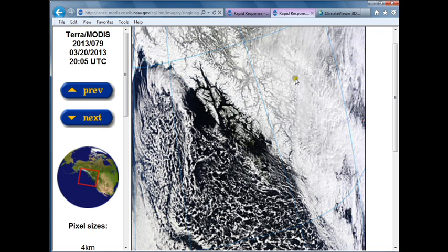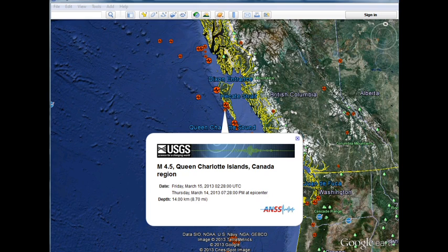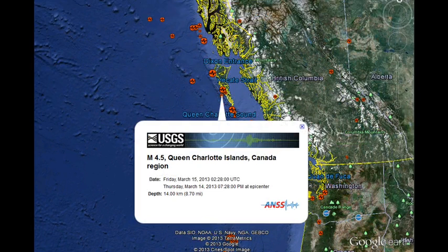And you can tell in the clouds that there is an explosion of upward motion as this dives down into the ocean. You can see it right here in the clouds. See this explosive upward motion. It's diving down, right down into, you can see these clouds pulled down with it right down at the edge, right at this tectonic plate, the North American tectonic plate, right here at Queen Charlotte Island of the Canada region